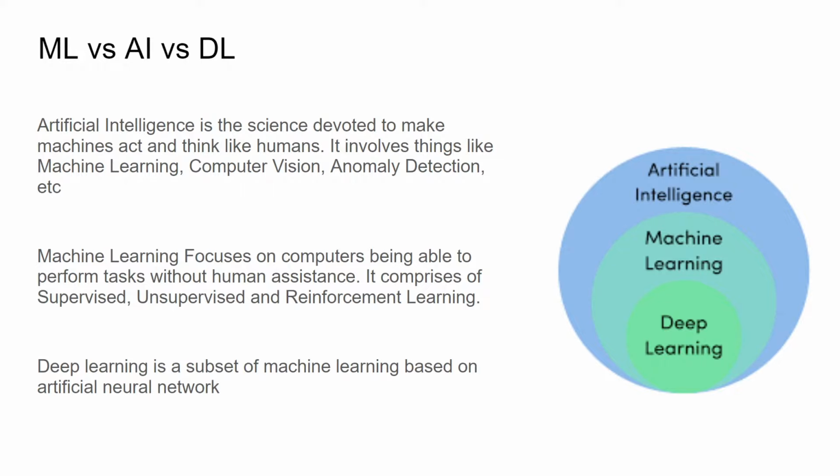Just like it is written on the slide, machine learning focuses on computers being able to perform tasks without human assistance. Machine learning deals with doing specialized things for humans, which only humans could do. For example, looking at a picture